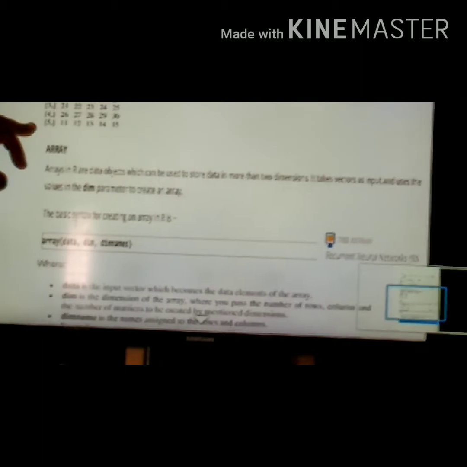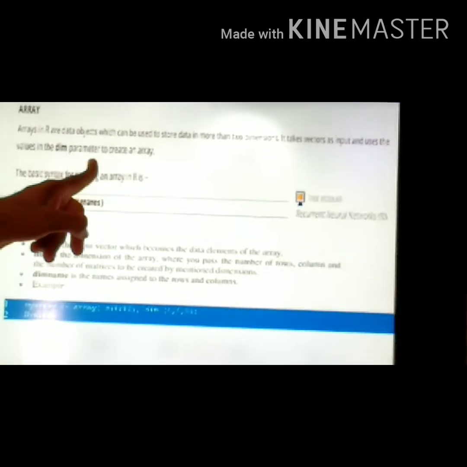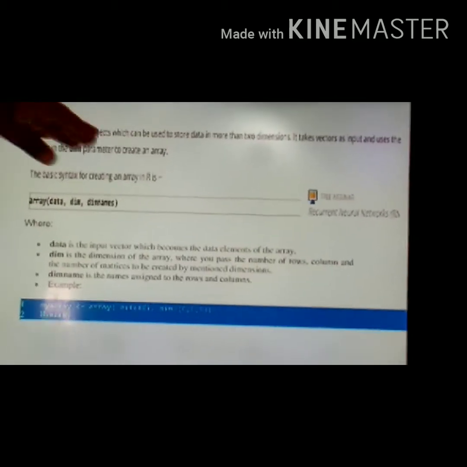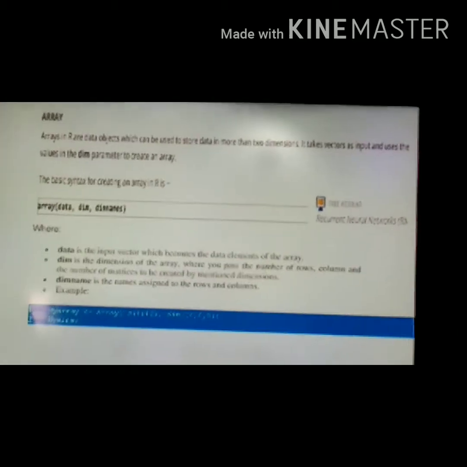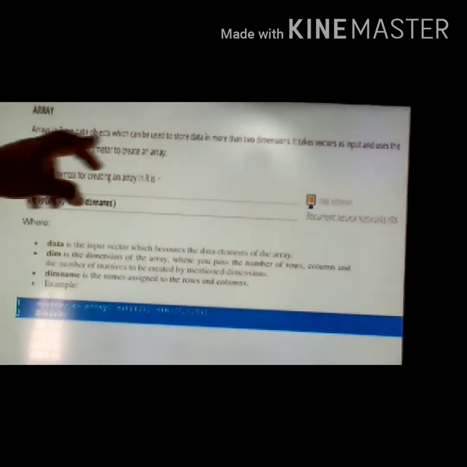And next we will go to another data type, the array. So array, what is the difference between the array and matrix? Suppose we want to represent the same matrices, meaning the same order, same dimension. If we want two matrices with the same syntax, in such cases we will use the array.